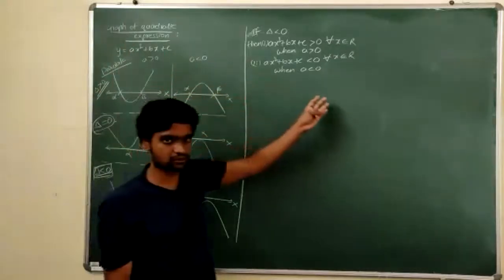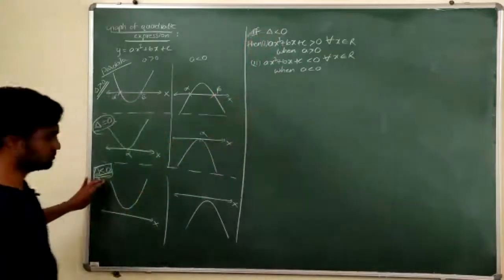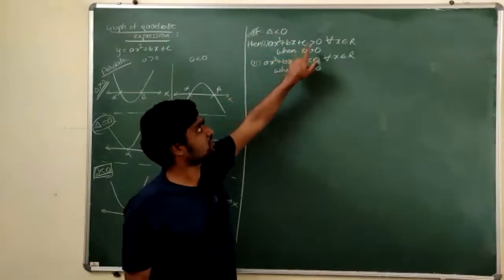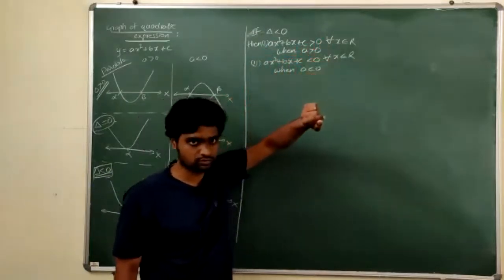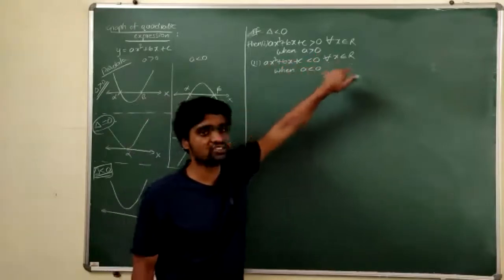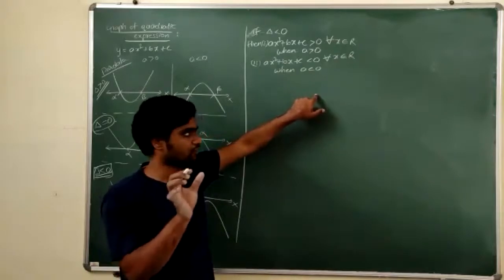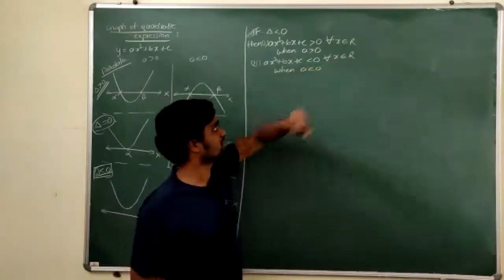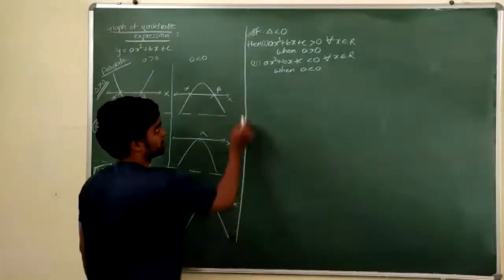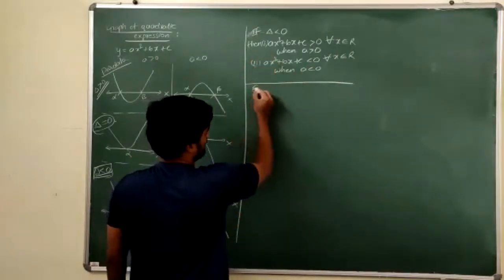That's what I have written here, but in mathematical form, not in a statement form. So if delta is negative, then the value of the quadratic expression is always positive when a is greater than 0. But when a is less than 0, its value is always negative. Observe that, always negative. So that only I expressed in mathematical form, less than 0 for all x belongs to R. These two are very, very, very important statements. Observe.